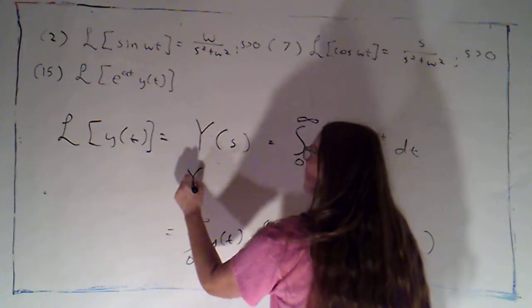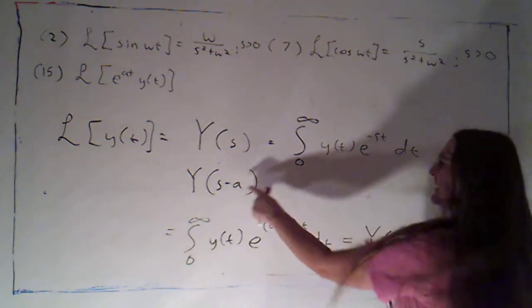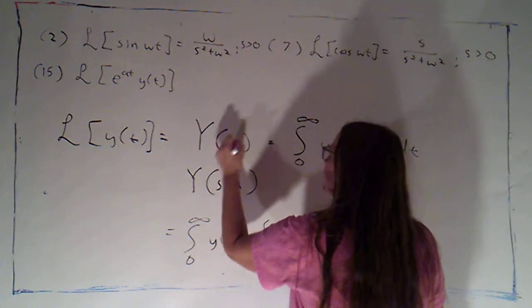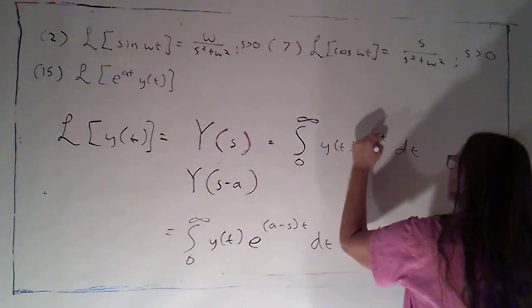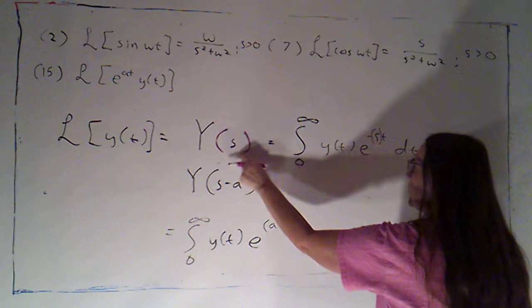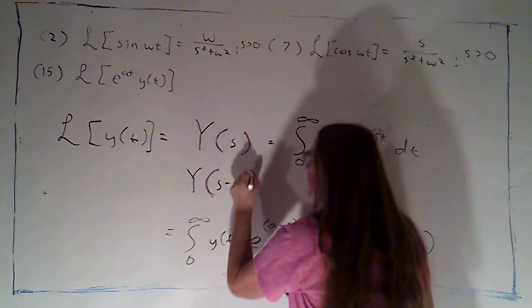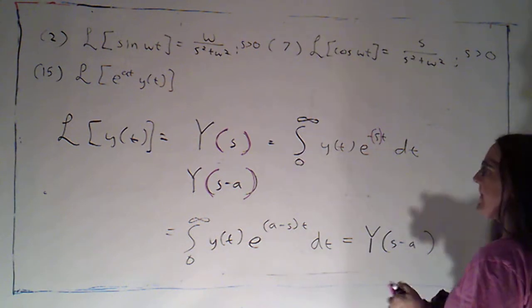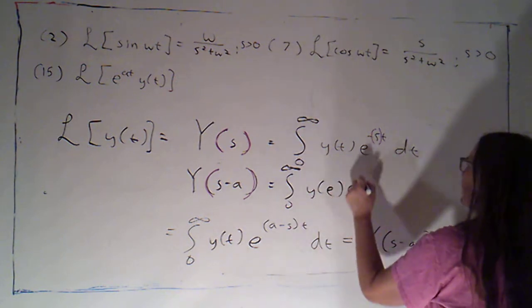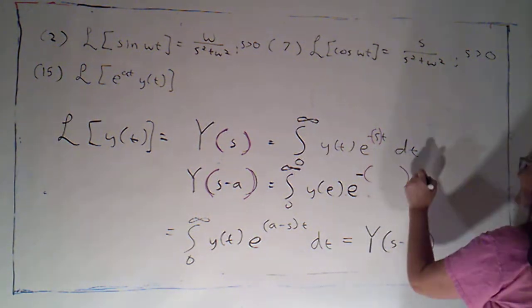So, if I were to evaluate Y at s minus a, now it always feels a little bit weird when I'm plugging in s minus a for s. So I'm just going to observe that s here is what's inside the parentheses. It's what I'm going to put in that position right there. S is just a placeholder for my input to this particular function. So now, if s minus a is the input there, I'm going to be getting the integral from 0 to infinity of y of t e to the negative, this is where I put my input, times t